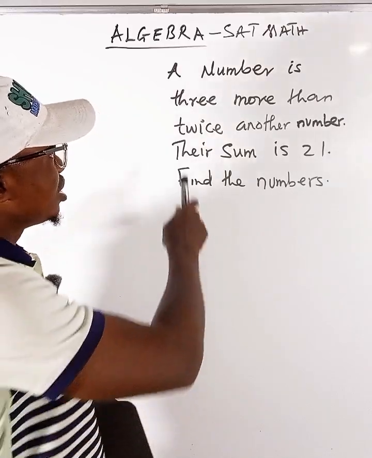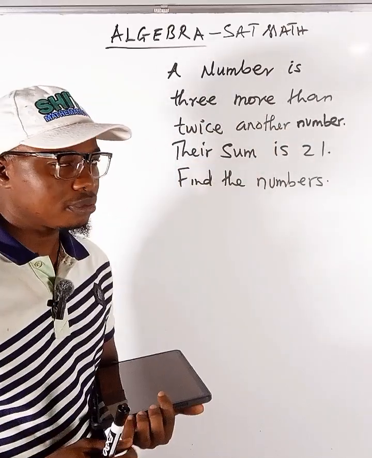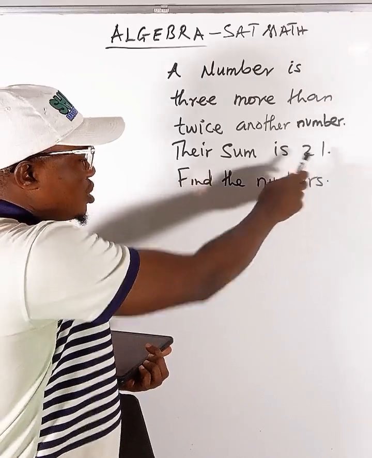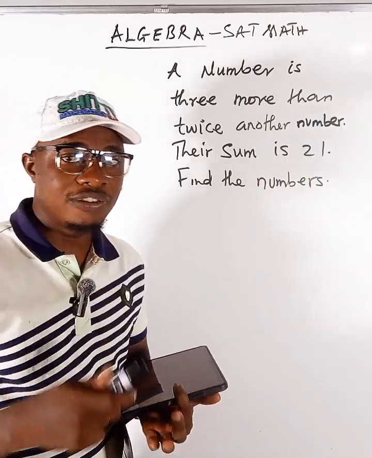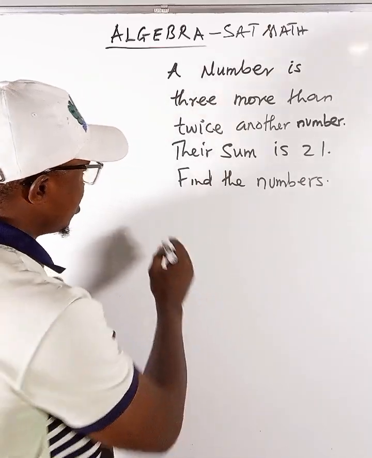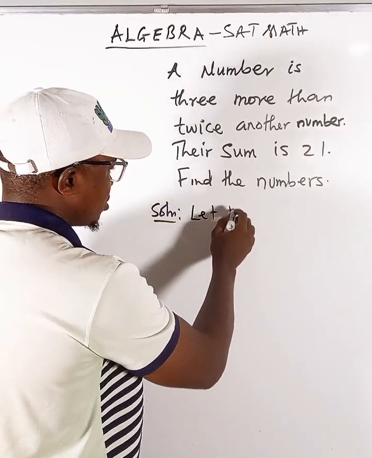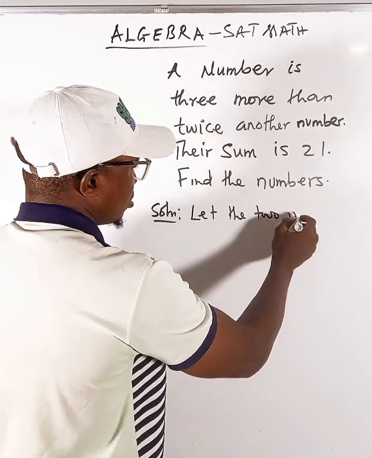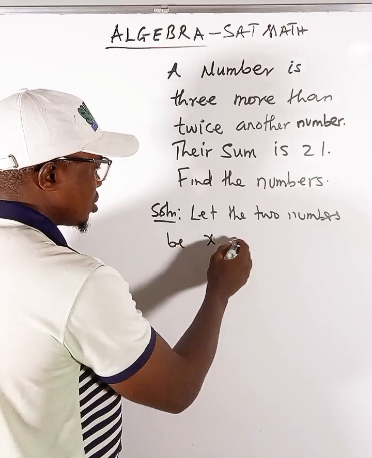The question states, a number is 3 more than twice another number. Their sum is 21. Find the numbers. So now that is telling us that we have two numbers. So let the two numbers be X and